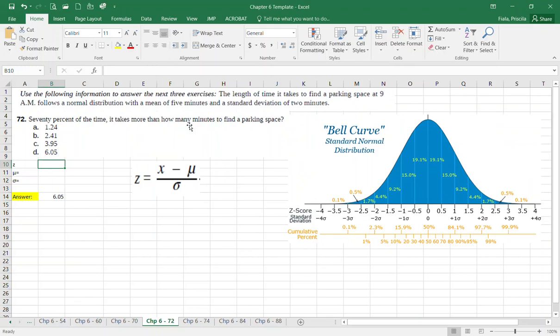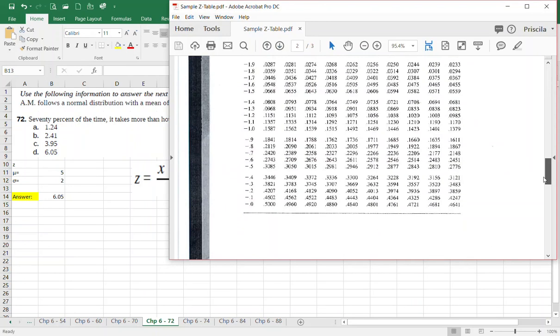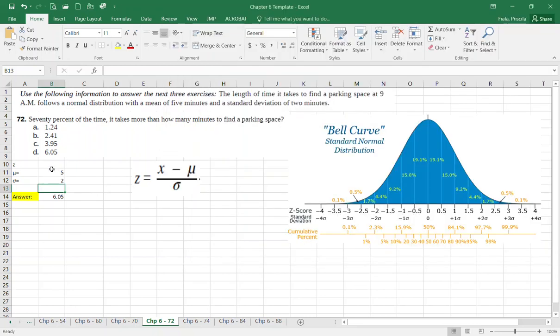My Z, so I have a mean of 5, a standard deviation of 2, and I'm saying that 70% of the time, if I go to my table, but really I have to look for 30%. But right here, what I did yesterday, I looked for 70%, and I found about, okay, now I did an average of these two,